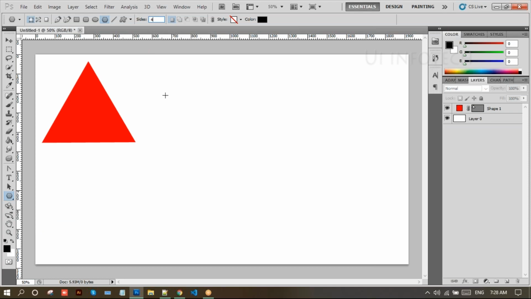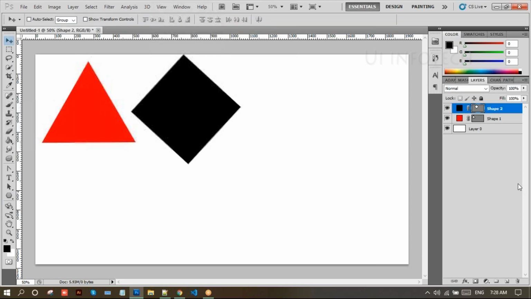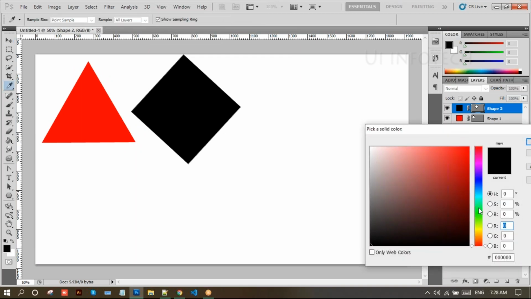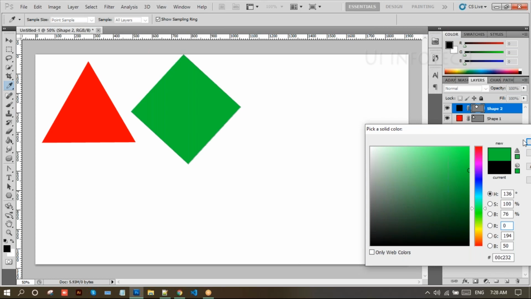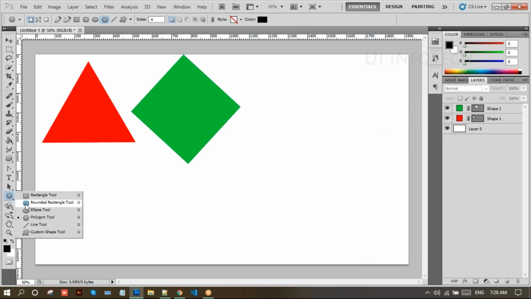Next, again you can select this polygon tool. This time I'll make it four sides. Now I'll make a rhombus. For this rhombus, double click on this one. It will be selected and make it whichever color you want. Just click on this, and again you can select this